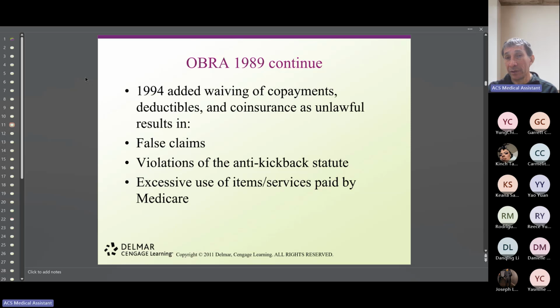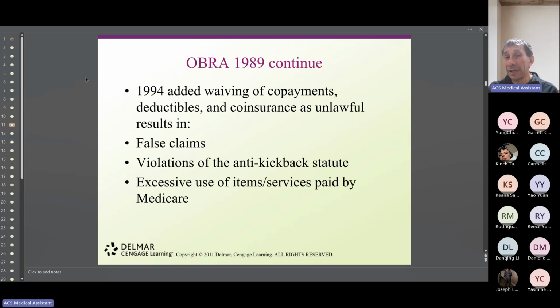So that's basically what it is. You put yourself at risk, people, just because you're thinking about the money. But you're not thinking about yourself, because if you get caught, you're going to lose your license and pay a fine, and you're done. So that's basically how everything works. So we have to be very, very careful.